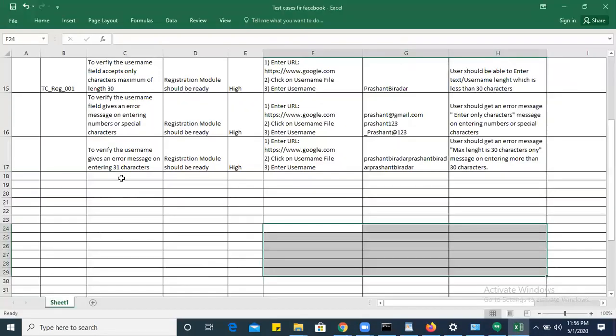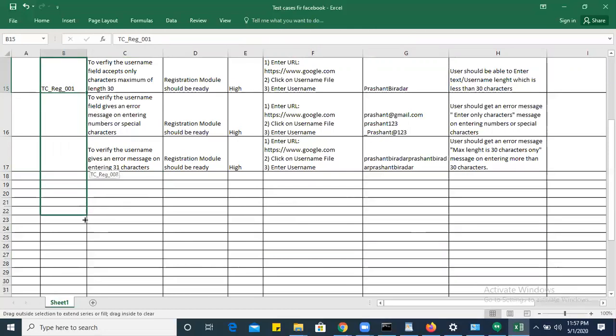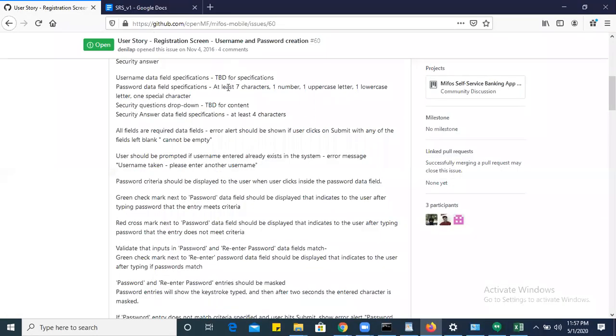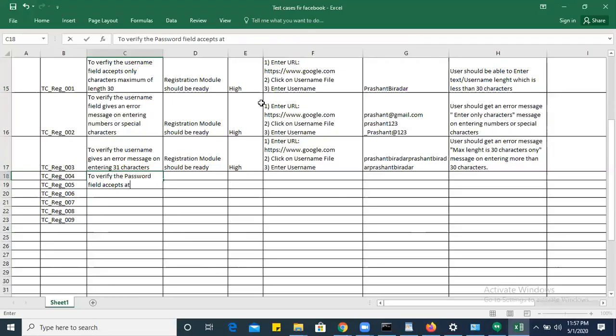Password data specification. So next one, okay, just a minute, I will give the test case ID here. To verify the password field accepts at least 7 characters.